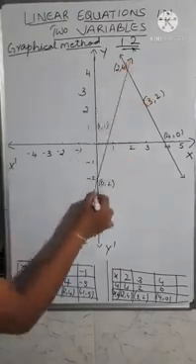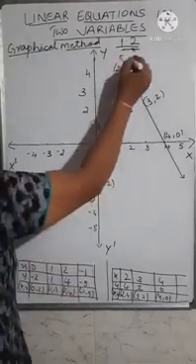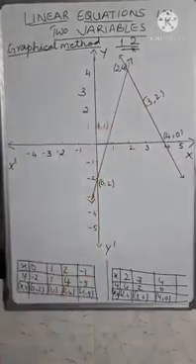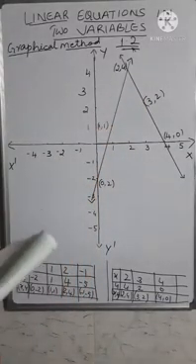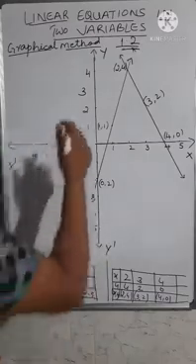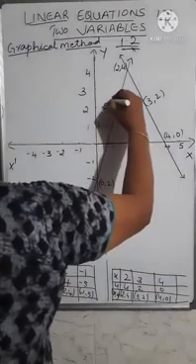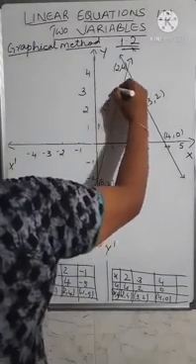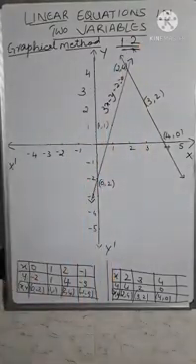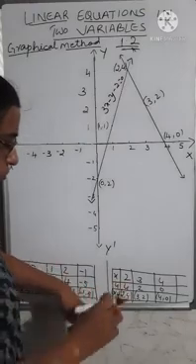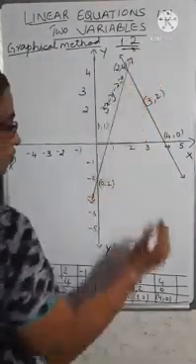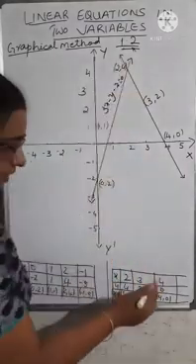Then join all these points, you will get a straight line. Put an arrow mark at the two ends and write the equation here. So this equation was 3x minus y minus 2 is equal to 0. So write the equation. The next thing, you have to plot these points. You got 2, 4. It will be the same point. So plot it and write 2, 4. 2, 4 is already written, so you don't have to write it once again.